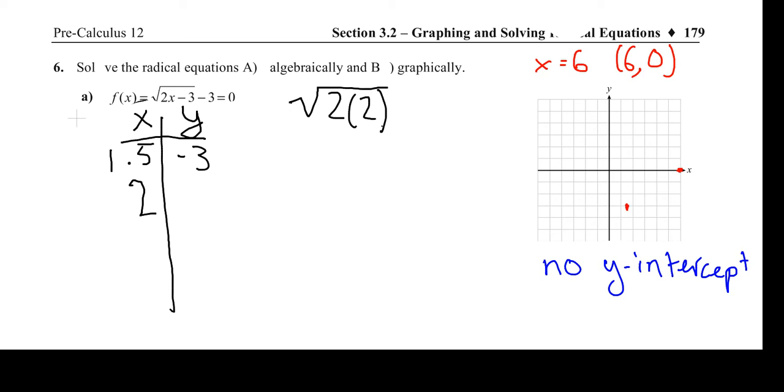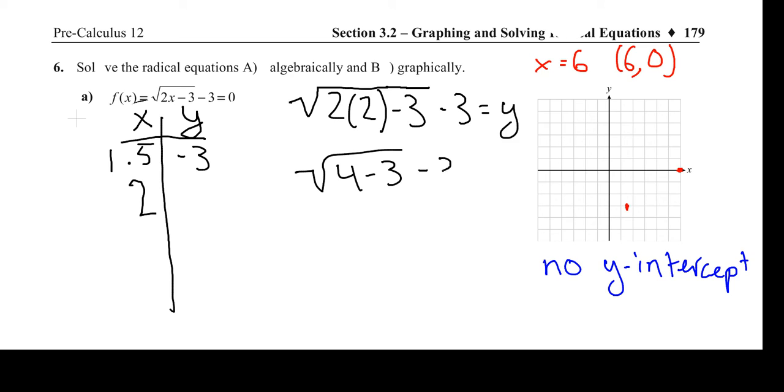No one wants that. So we have 2 times 2 because now we're plugging 2 into our x value. Same equation as before, and now we're trying to find the y again. So this will be 4 minus 3 in the root. Minus 3 is equal to y. And 4 minus 3